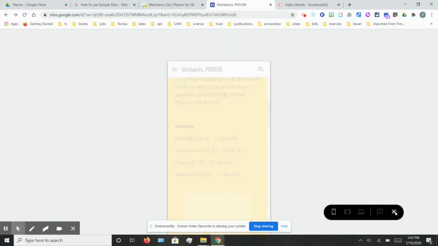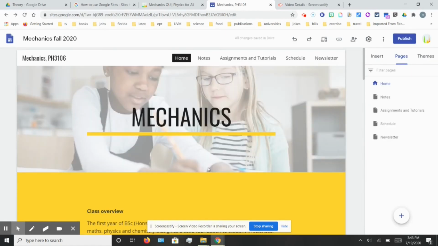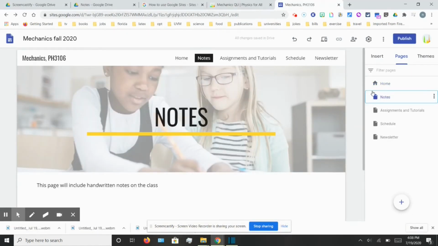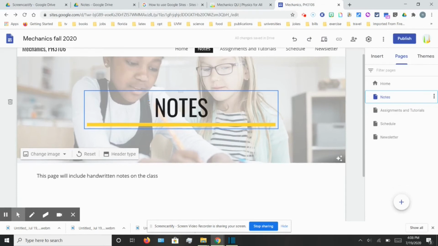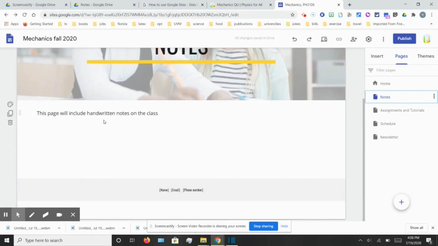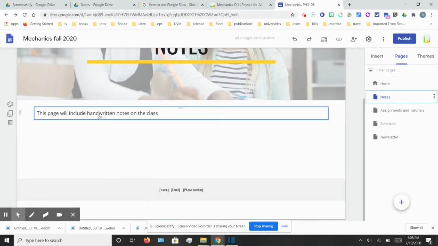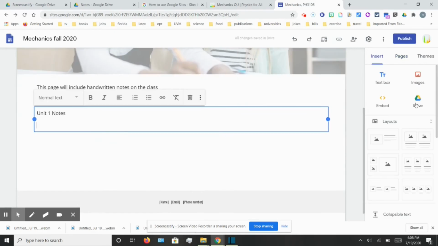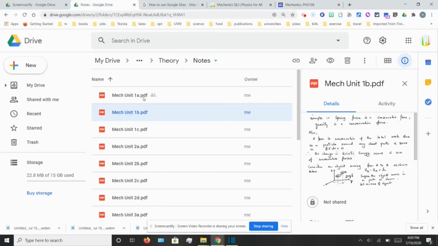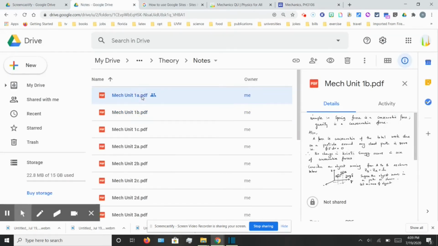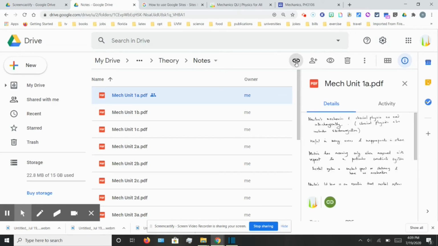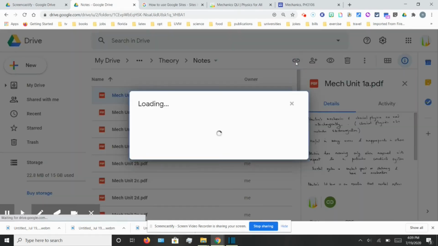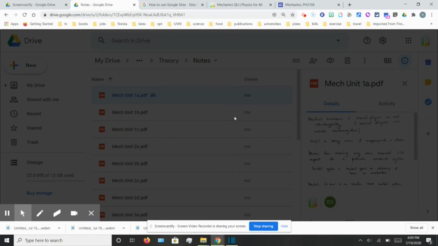There are a lot of other things you can do as well. Here in the notes, you have the options to enter content. You can insert from my Google Drive, where I already uploaded the notes earlier. So what you want to do is click on this Google Drive link on the right hand side. That will take you to your Google Drive, and there you can click on the notes that you want the link to appear, and you can click on this shareable link option, and here you will get the